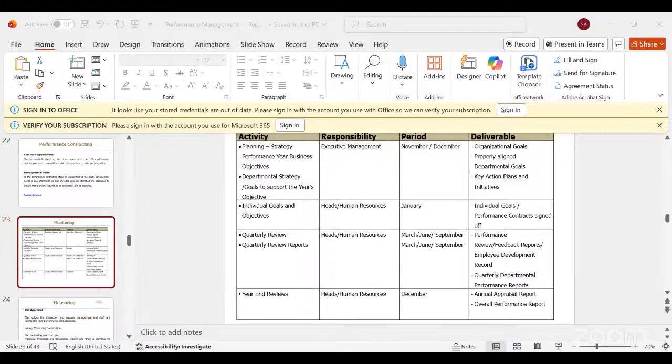We have the strategic level of operation. Then we have the tactical level of operation. Then we have those at the operational level. So normally management will have the strategy sessions. Then heads of department will sit with their subordinates to have discussions on how to translate the departmental goals